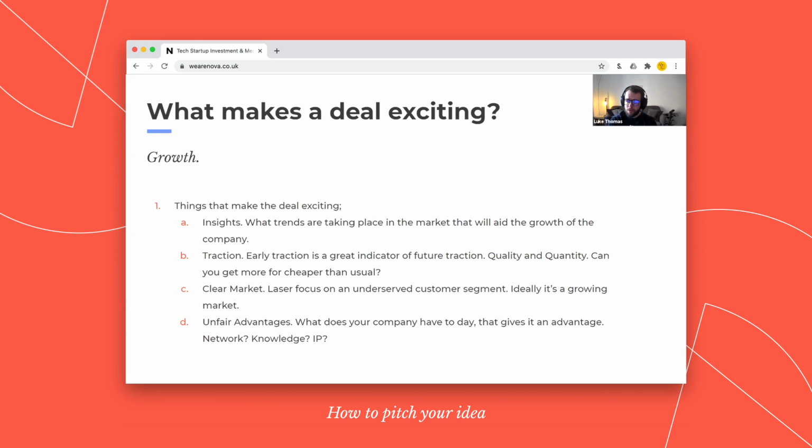We're going to try and look at the quality and the quantity of the traction. So, for instance, if you've got 10 letters of intent from businesses, that's great. If you had 10 paying customers, obviously the quality of that engagement is higher. So that would be a better panel for us. There's no golden rule, but alongside practicing your pitch, getting as much traction as you can in the next 2 weeks is what will differentiate you from other good pitches.